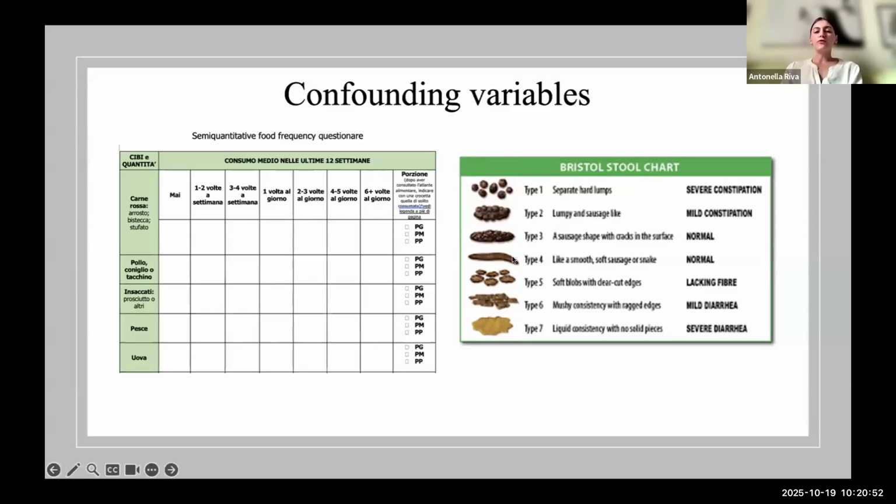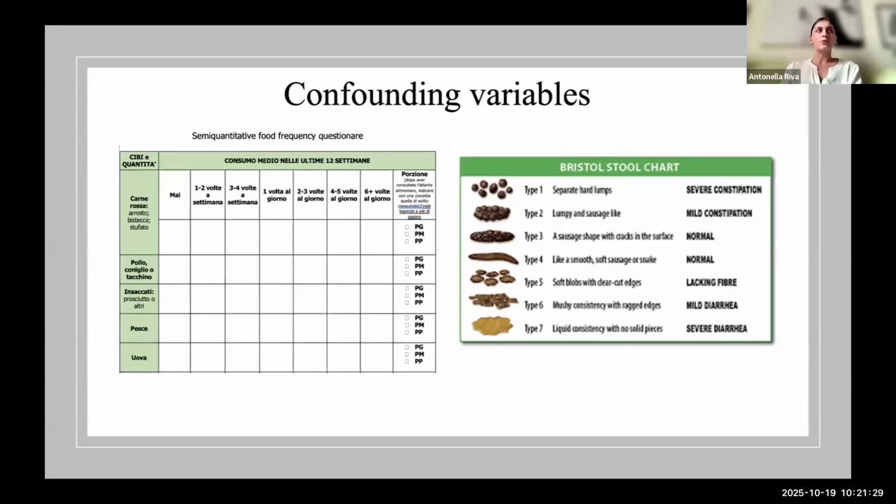Types 3 and 4 are normal feces, while types 5, 6, and 7 are really soft feces. So this is really fast to administer to patients, and also the mothers are always on the line with this. They can tell you easily what the type of feces of the baby is. And this is a useful tool to try to assess what the gut state is for that specific patient. It could be very helpful and easy also in everyday life.